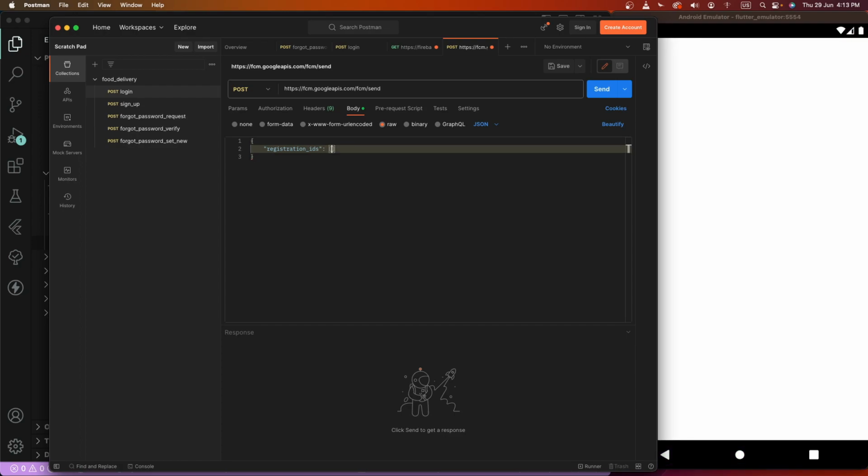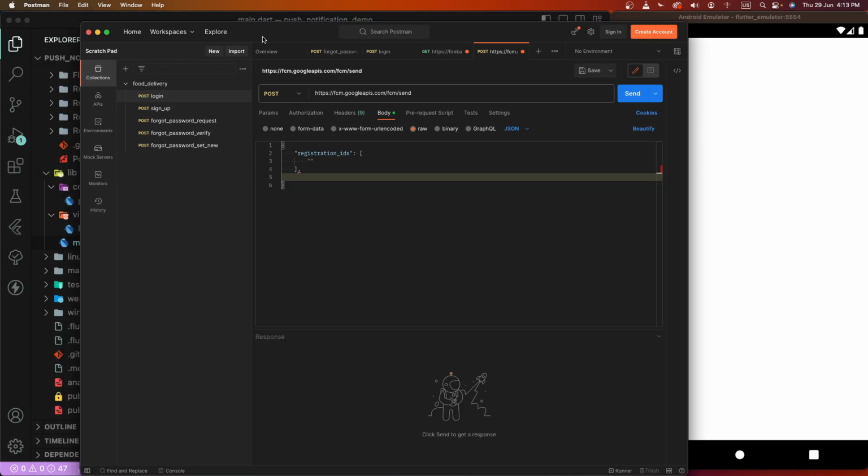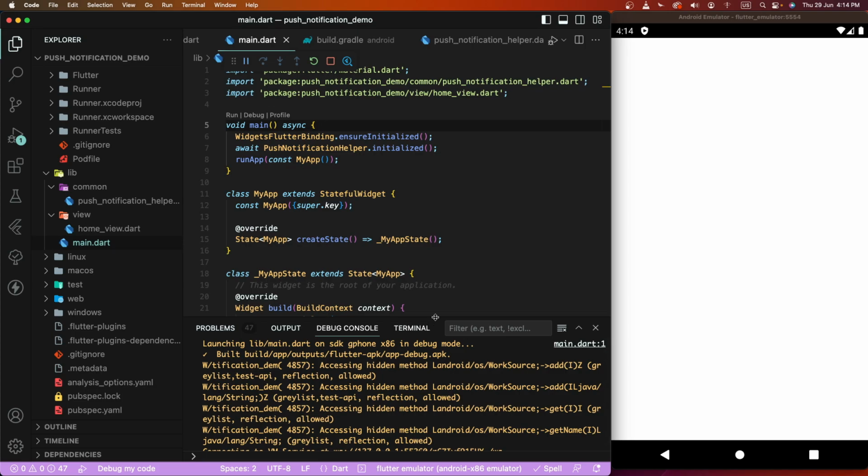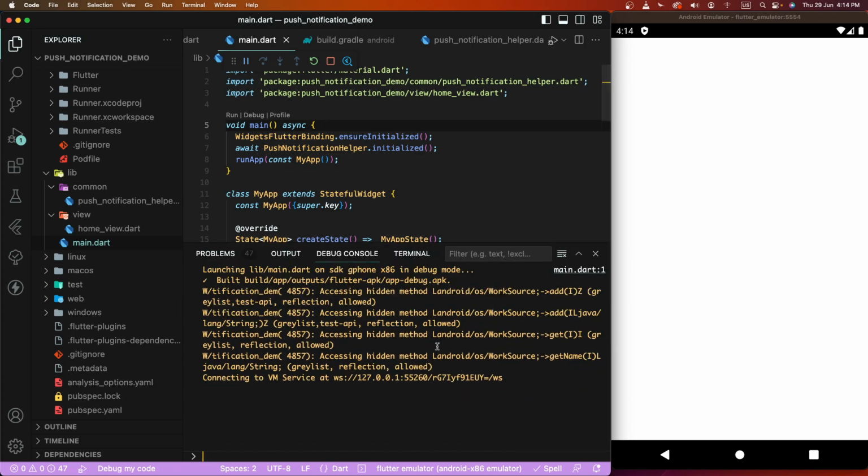Equal to, we need to pass here as our tokens to run this app, and we need to check here. And we need to get here first of all the tokens,